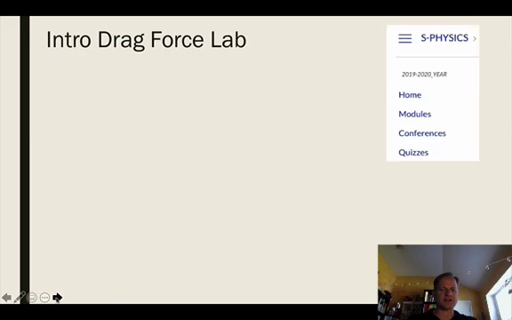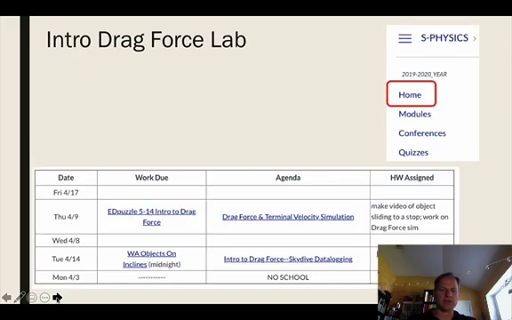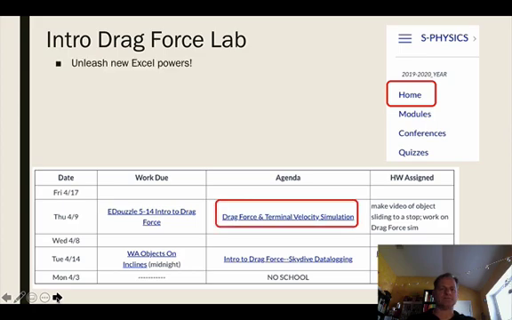Let's talk about the lab for today. You'll be navigating through Canvas, the home screen, our grid, and you'll see a hyperlink there. What you get to learn is some new Excel powers. You've gotten really good at using Excel to graph data: put it in a data table, graph it, get linear fits and so on. We're going to create graphs again this time, but we're going to use a whole new side of Excel